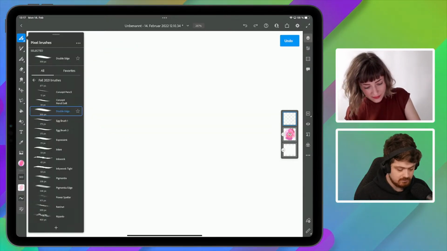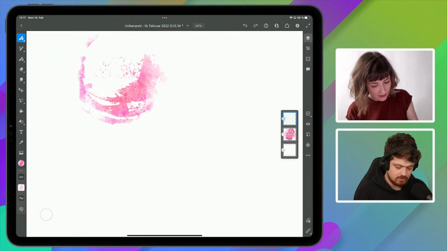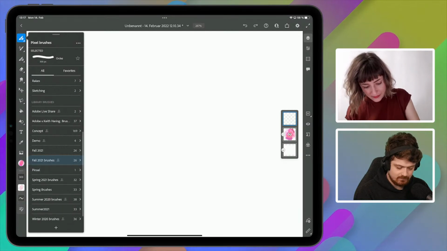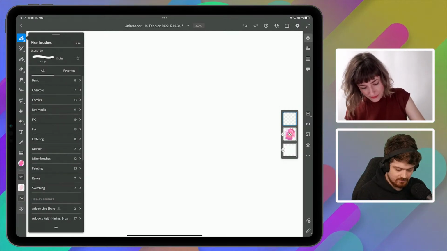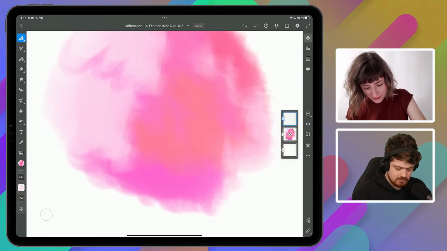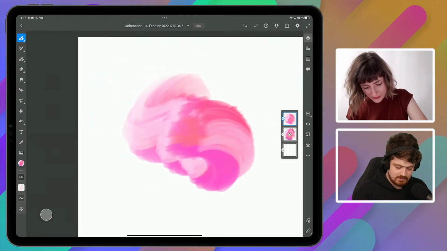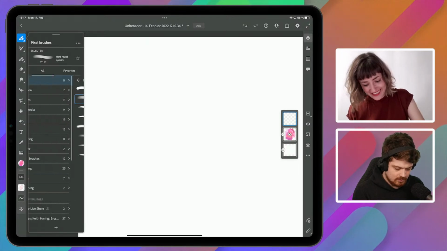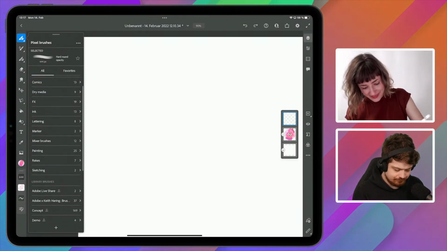Certainly not. And this is exactly how I would normally do it. I would just go through and see which one I like. Perhaps even one from the other ones, like one of the basic ones. Ooh, that's very big. Also very nice. But you know, I will actually just go back to the